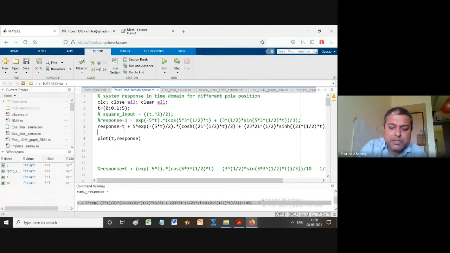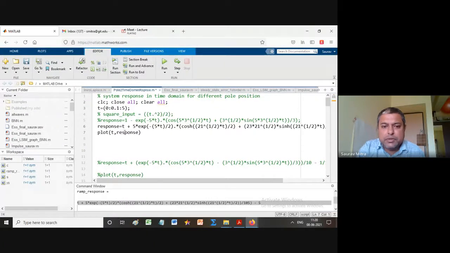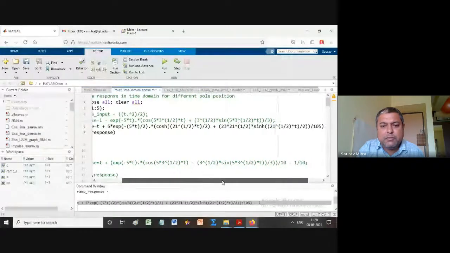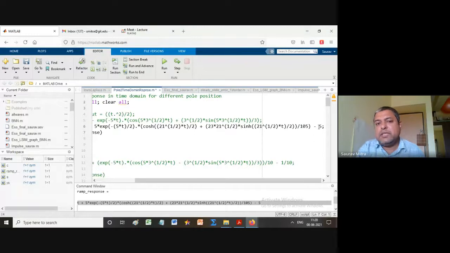This is the response, this is c(t). The sweetest response we are going to see now. So this is the t, and this is 5 exponential t. So this is that exponential waveform, exponential sine cos, which will give a little undulation. And this is a constant term. Now just plot it, and you will find.